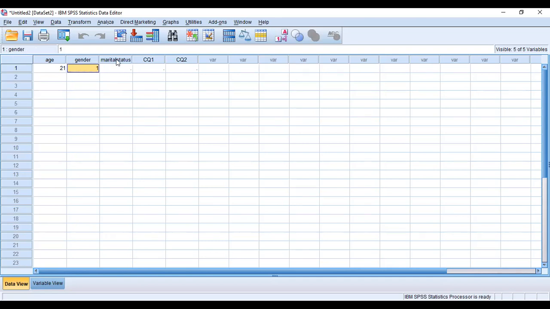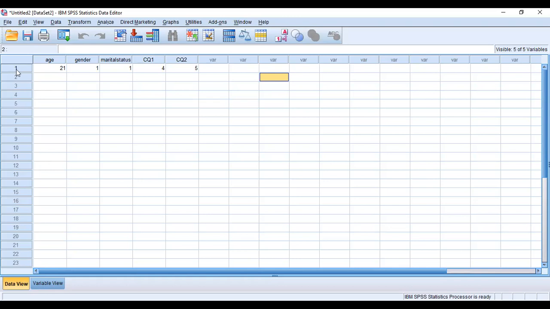See, 1 gender, and marital status, say the person is unmarried. So maybe 1 is for unmarried. Now, in CQ1, this is the first item of the scale on cultural intelligence. So in the first item, what the person has obtained, you will write here. Say, for example, 4. Okay. Then the next item, 5. Getting my point? So this is your first participant. All of the variables will be here.